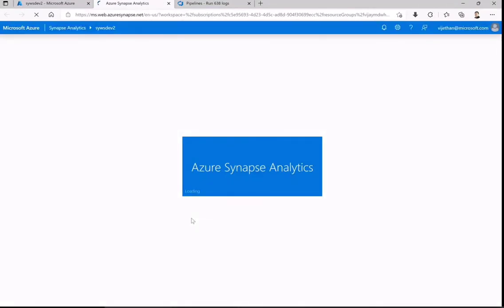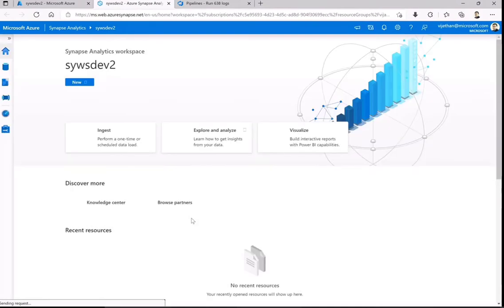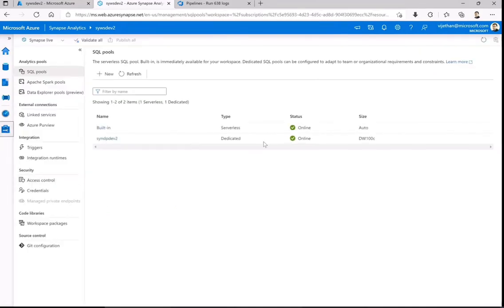So at first, my ID as well as the service principal should have access to this. That is what I want to verify. So this is the Synapse workspace for dev. If I come to the manage part, it should show me, otherwise it will give me unauthorized. Okay, it is giving me a status of online.